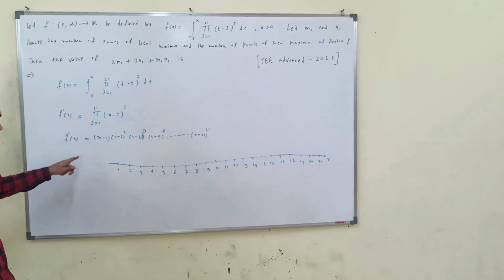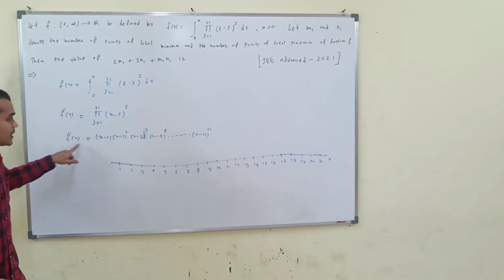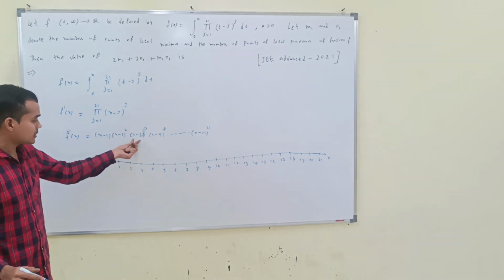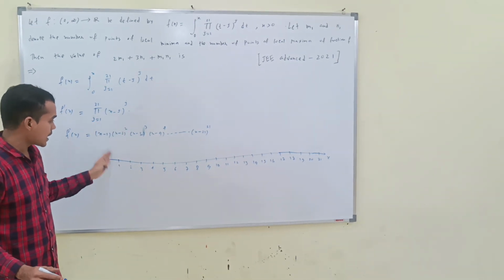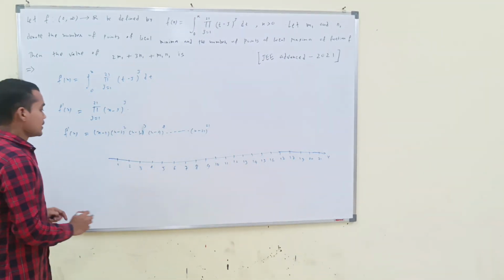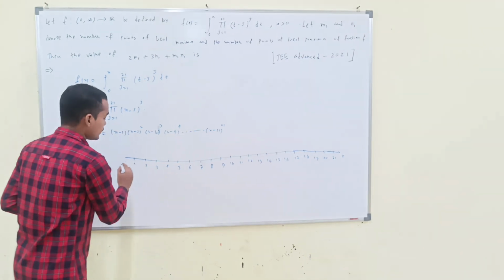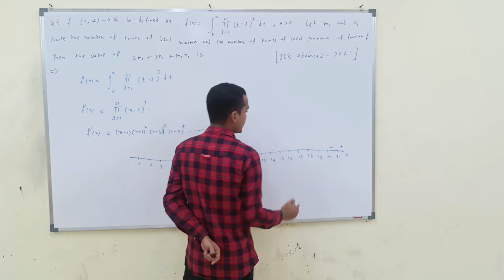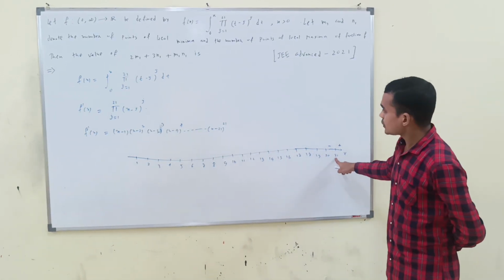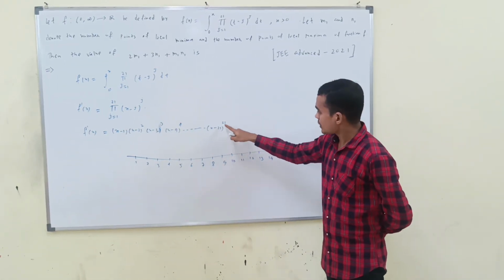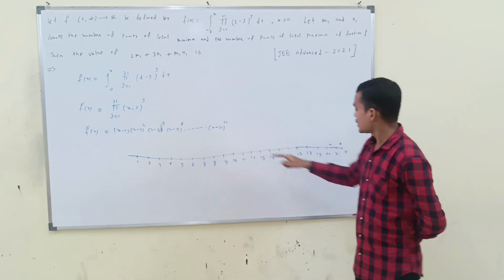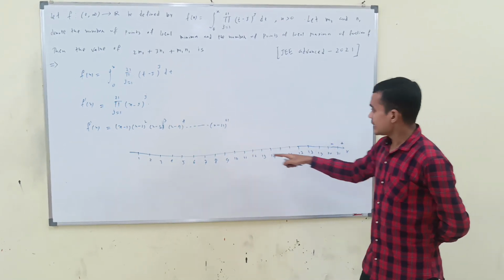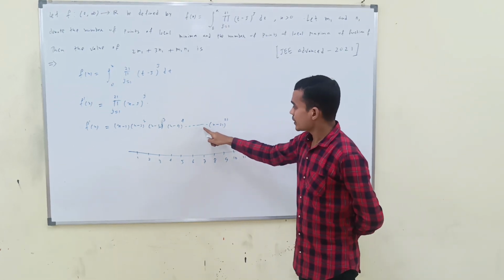Okay, so first plot all the points, because if we put f dash x equal to 0, we get x equal to 1, x equal to 2 two times, x equal to 3 three times. Here we mark all the points. Now when we use the Wavy-Curve method, the first sign is plus, then minus. Here we take 21, so (x minus 21) power 21. That means this is an odd power, and odd power means the sign changes. Next the term (x minus 20) power 20.